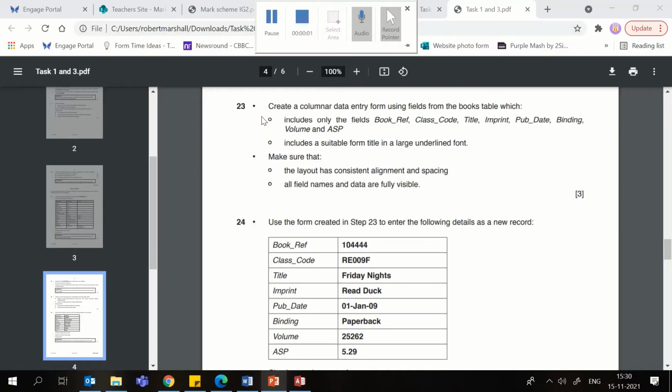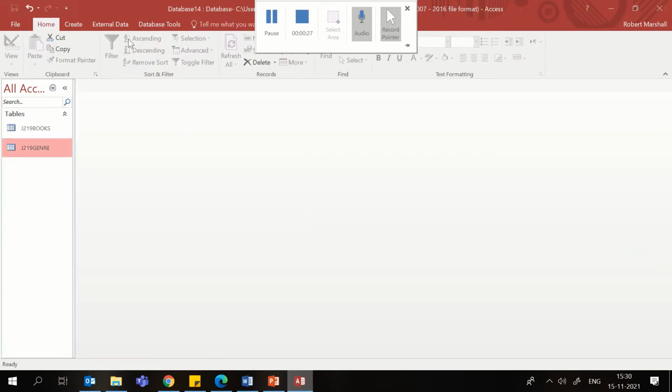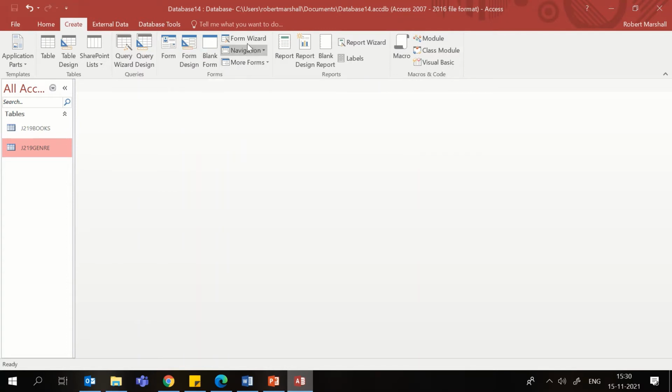Okay, question 23. Create a data entry form using fields from the books table. So only these ones. Includes a suitable form title, so we'll have to think of that title in a large underlined font. And make sure the layout is consistent with alignment and spacing, and all field names and data are fully visible. So in database, I'm going to close down the relationships and save them. I'm going to create a new form, and if I go to Form Wizard,